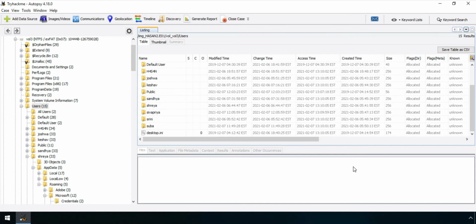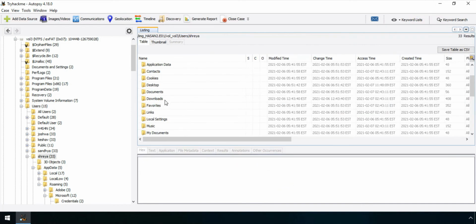Let's see that. So I actually found out that only the user named Shreya in this system had the PowerShell logs, and she has changed that. So let us see what is the content of the file.